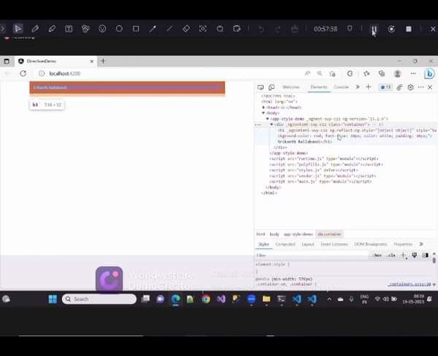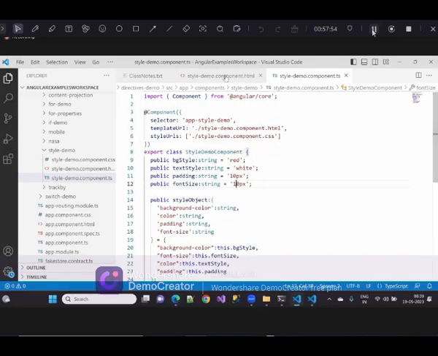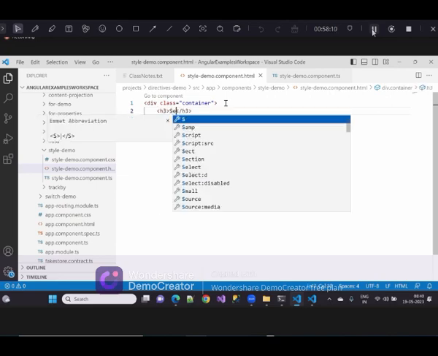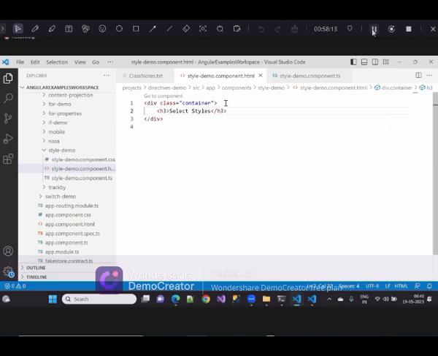That is how the ng class, but conditionally I wanted to apply, or else let's say, maybe I can take some select tag and based on that I wanted to apply. Dynamically, if you wanted to apply, then how we can do that? So for that, what I can do is, I'll keep this off for now. Otherwise, okay, I'll take a container and here let me write a simple H2 or H3, select styles I can say,